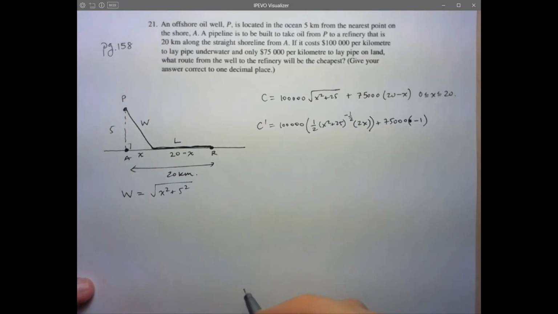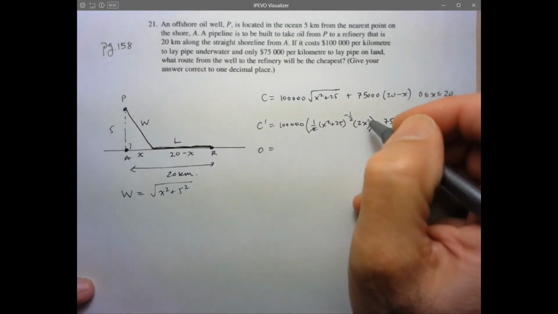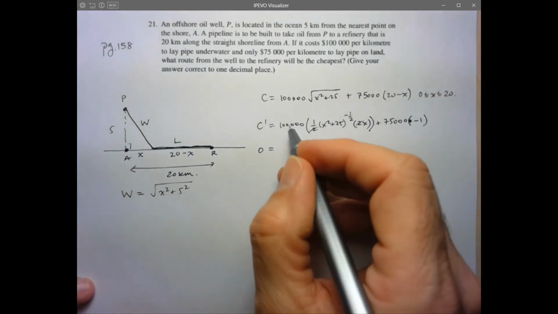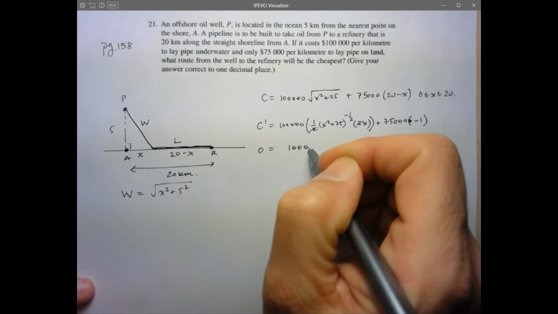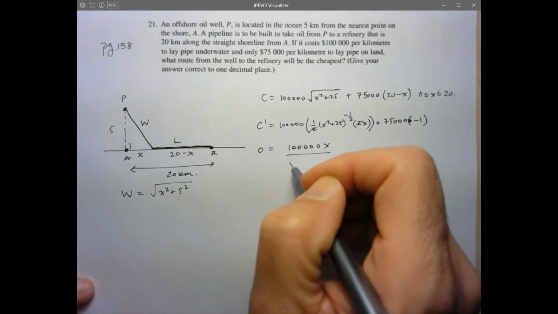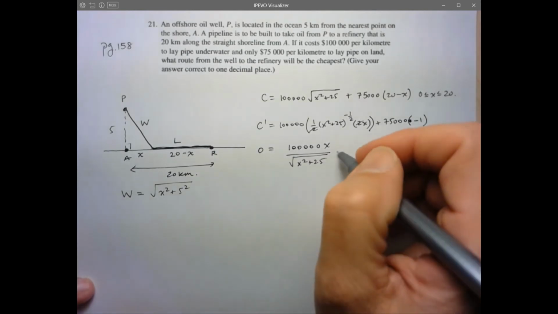So, of course, as usual, we want to set this to 0 to find our critical point. So here this 2 will reduce with that 2. So in the end, in the numerator, we're going to be left with 100,000x all over the square root of x squared plus 25, and then here minus